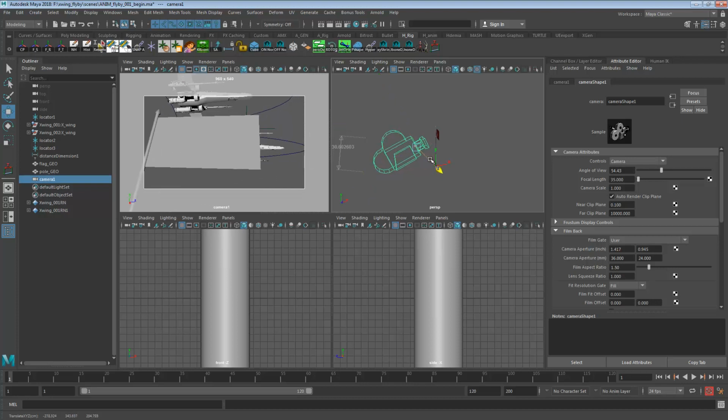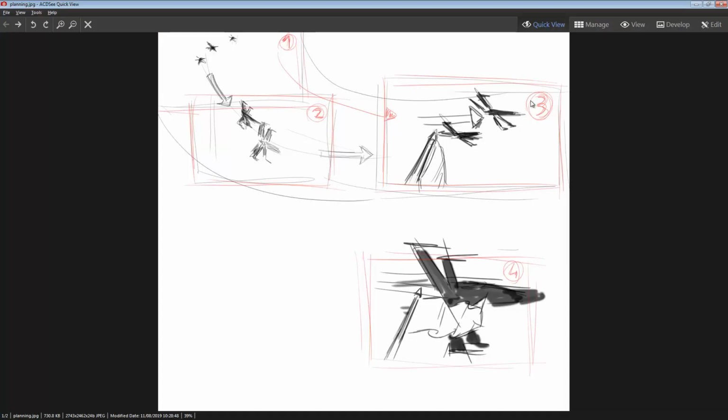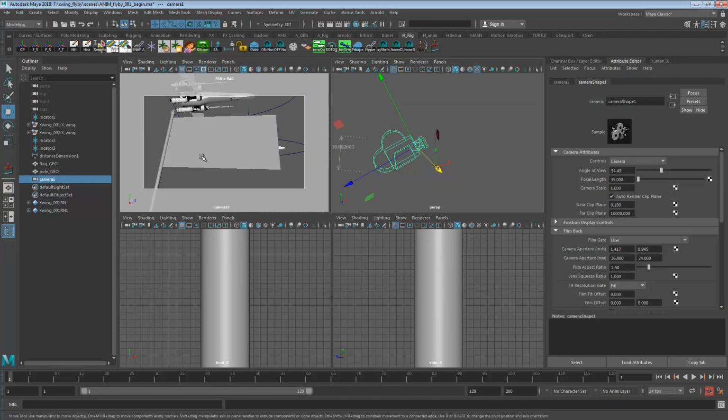So there you go. I feel this might be the framing I want to have, which seems to be in line with the planning again. You see how I keep on checking on the planning in here. Actually, my framing in the planning was very rushed. I think I wanted the pole to be a bit more on the third of the composition and a bit bigger on screen, much like I have in here now. So there you go. That sorted out the first problem, and now I can go grab the locator